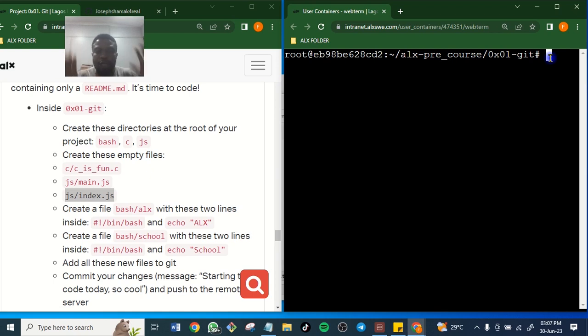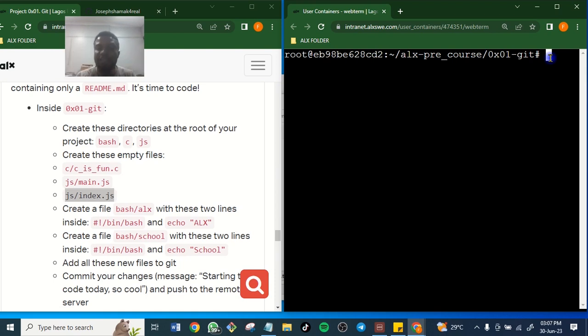Just say VI bash/alx. Now just say escape. You are already in escape. Just say shift semicolon, colon w, shift colon q exclamation mark. Enter. It will not save. Okay, sorry. You just say shift colon wq exclamation mark. It will just save.